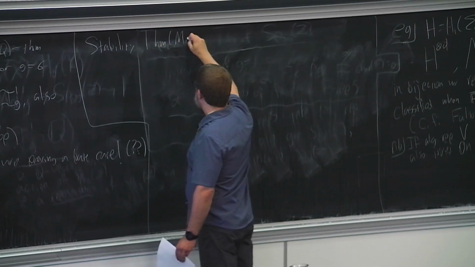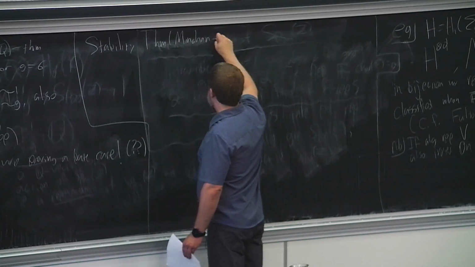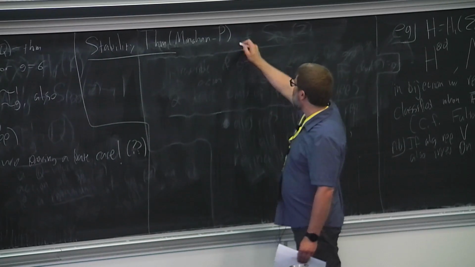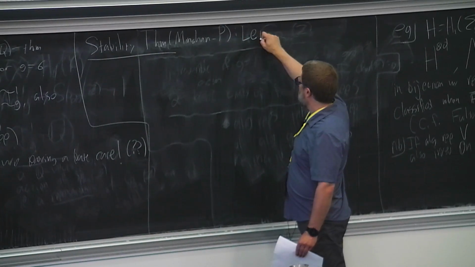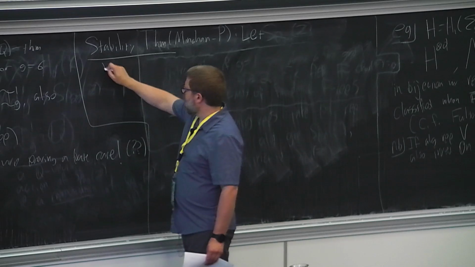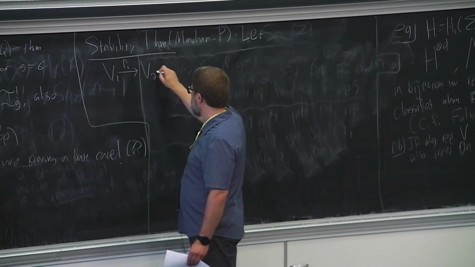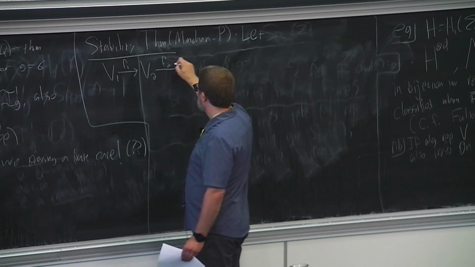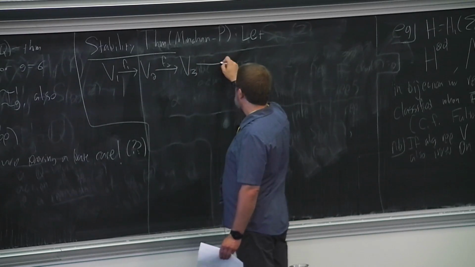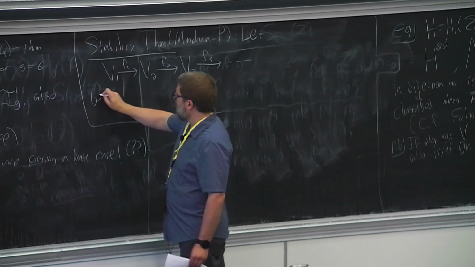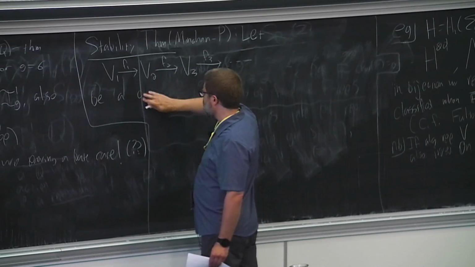Which is due to Minahan and myself. It says the following. So let V1 map via F1 to V2, F2 to V3, F3, and so on. Be a coherent sequence